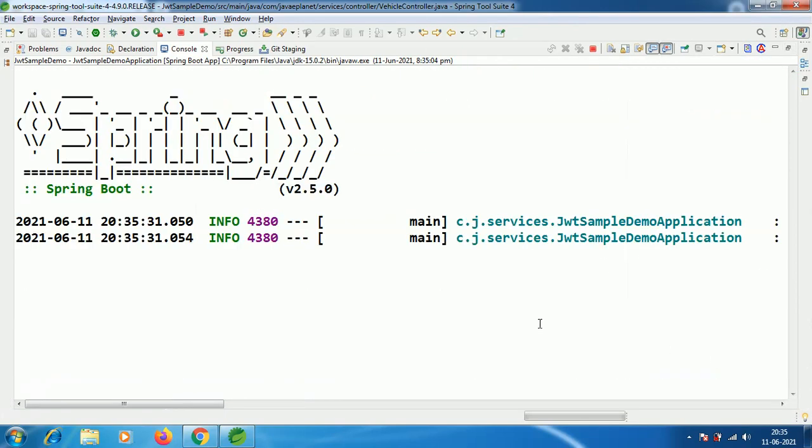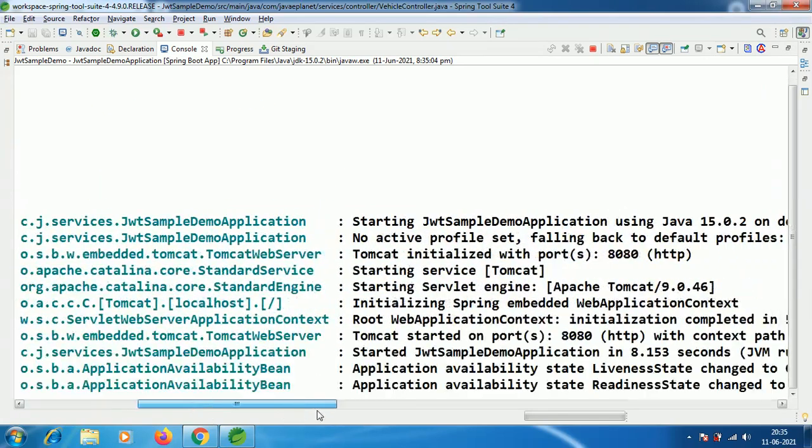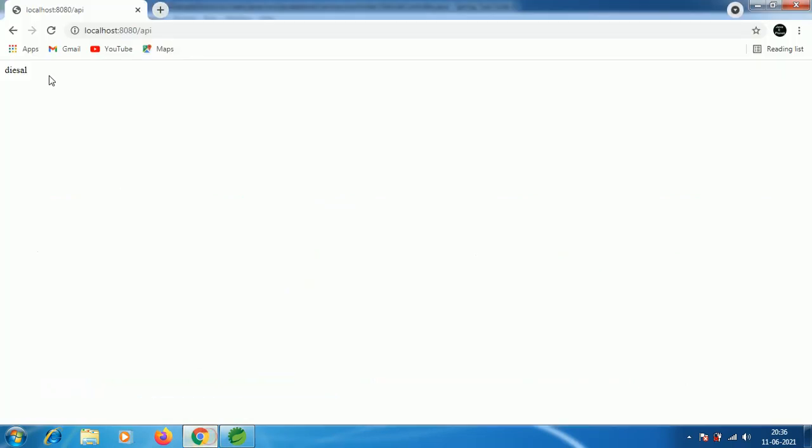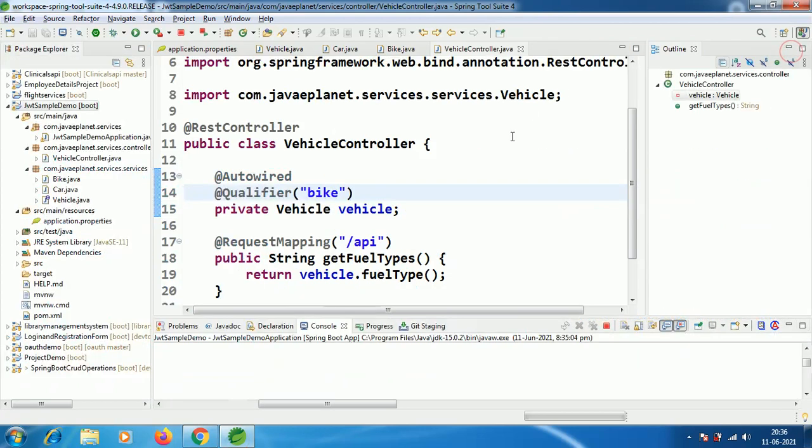See here, the application is running. At the injection point I annotated with @Qualifier, and this time I provided the bike bean, whereas before I had provided car. Let me run the application. See here, the answer is petrol.